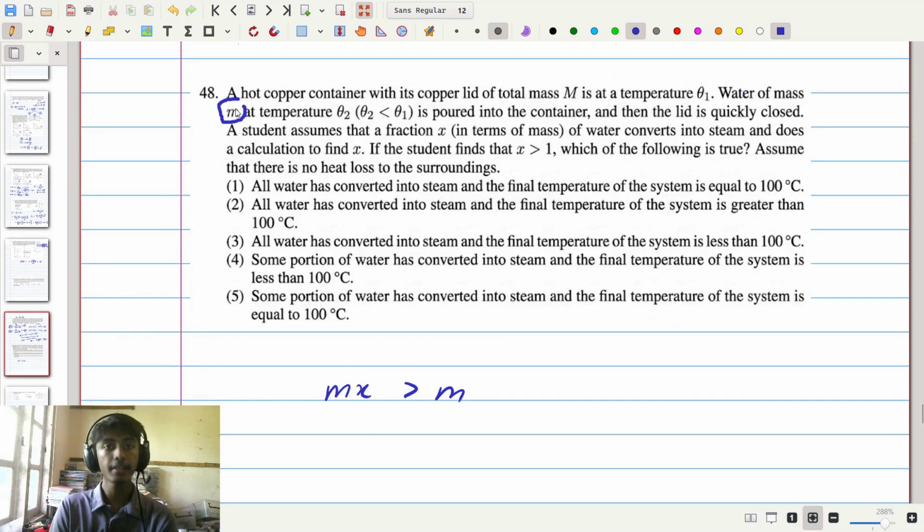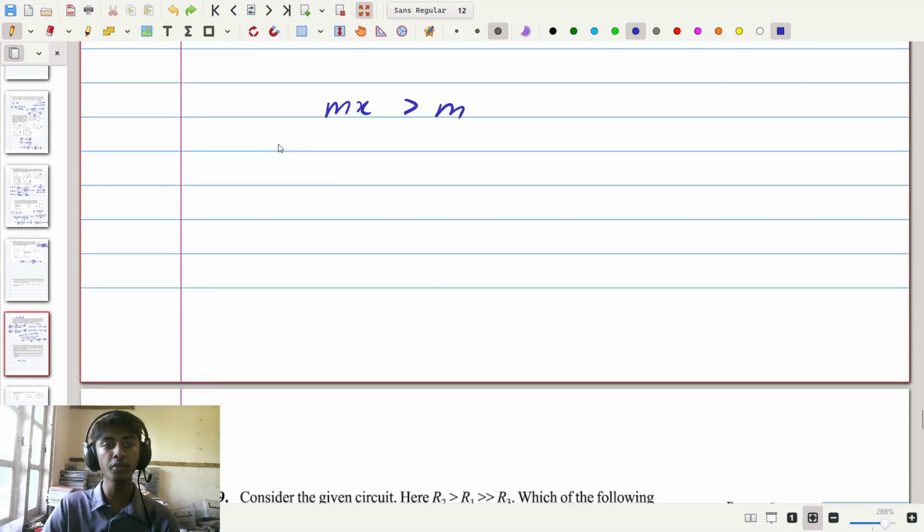So all of the water in m must convert into steam, because the amount of water that we can actually convert into steam is even more than the amount of water that we put in. So 100% of the water converts into steam. From this we can conclude all of the water